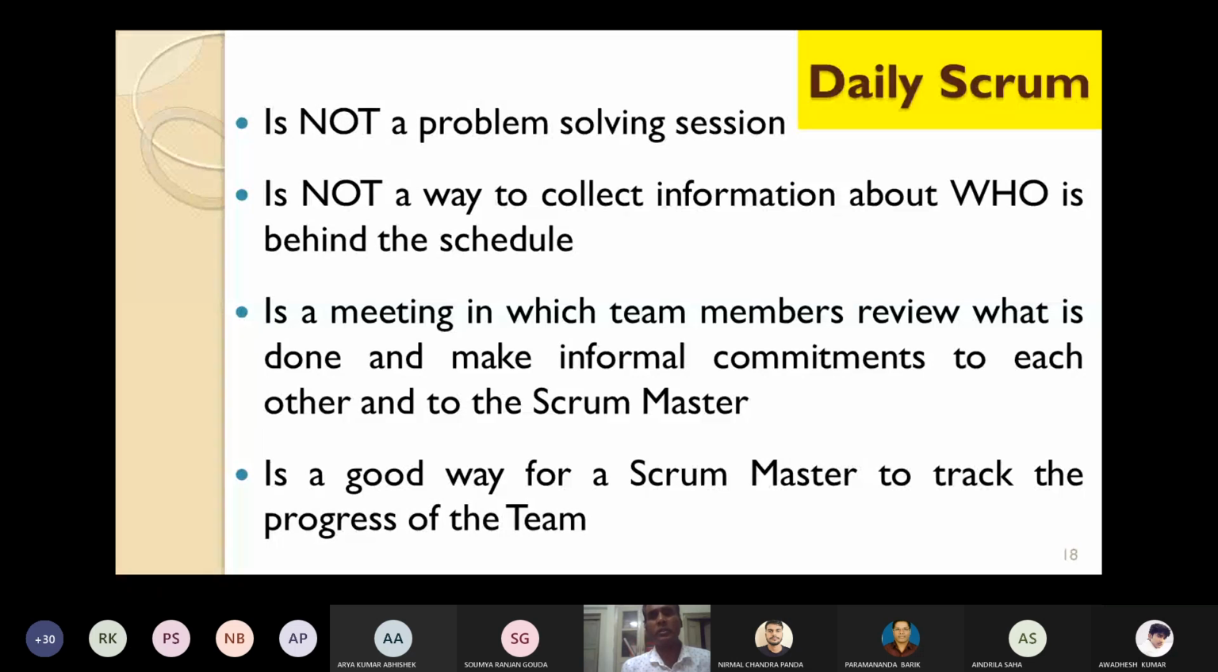I have already told you that the daily Scrum meeting is not a problem solving session. It is not a way to collect information about who is behind the schedule. So